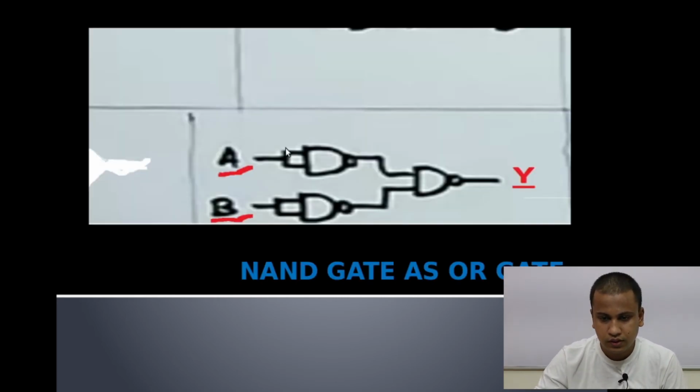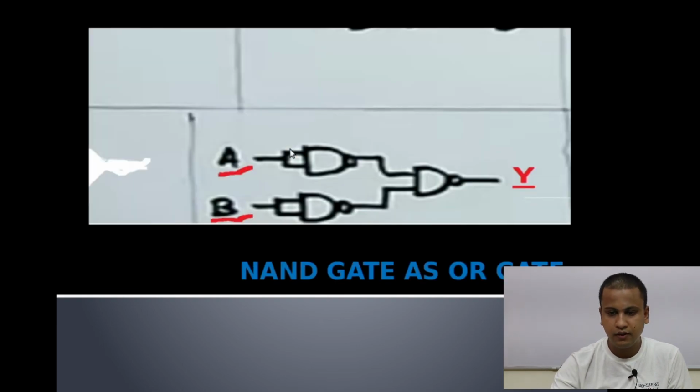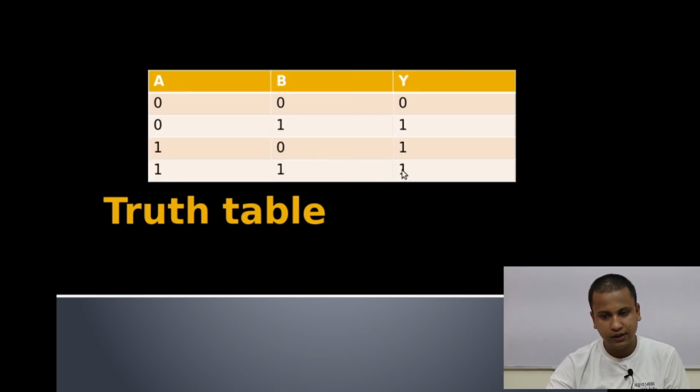Then third input we will take 1 1. 1 1 the answer in AND gate it will be 1, but NAND gate it will be 0. So 1 1 the answer came 0. 0 0 the answer came 1. Okay, 1 0, if we do 1 0 1, the answer will be 1. Let us see. Okay, the answer is 1 over here. Okay, input we have given A as 0 and B as 1. Similarly 1 1, 1 1 the answer in NAND is 0, 1 1 gives 0, and what is 0 0, it will be 1. Let us verify, it is 1.